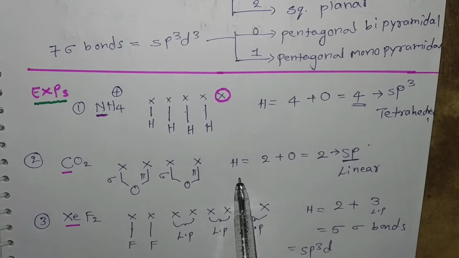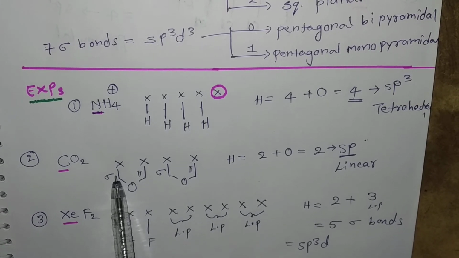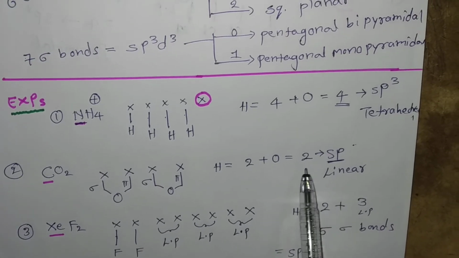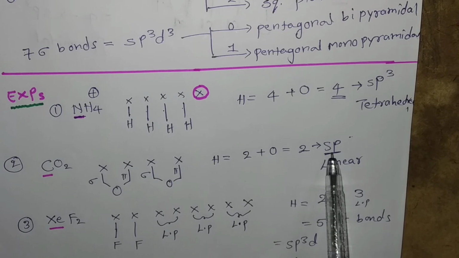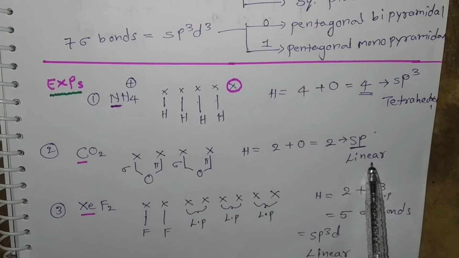Now what is the hybridization? Number of sigma bonds 2 (1, 2) plus lone pair electrons 0. So that is the value 2. What is the hybridization? sp. What is the shape? Linear shape. Next,